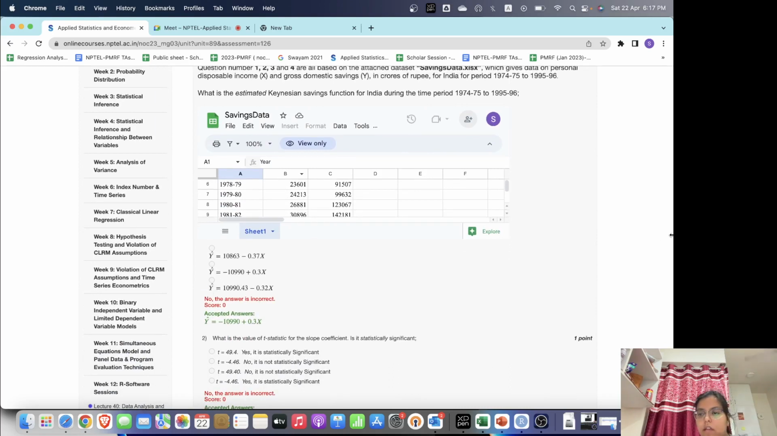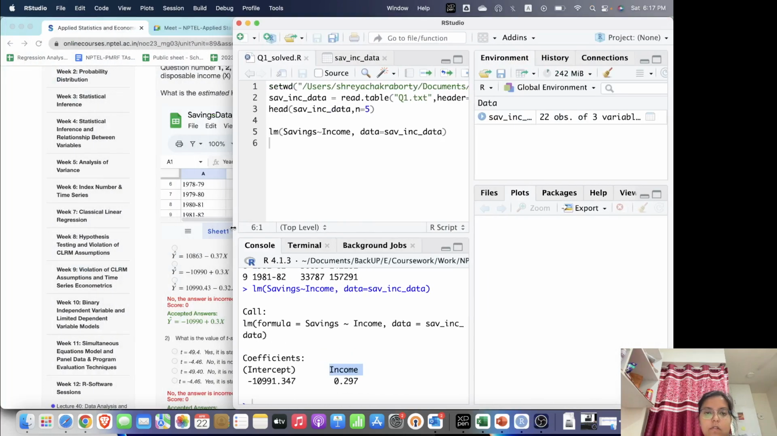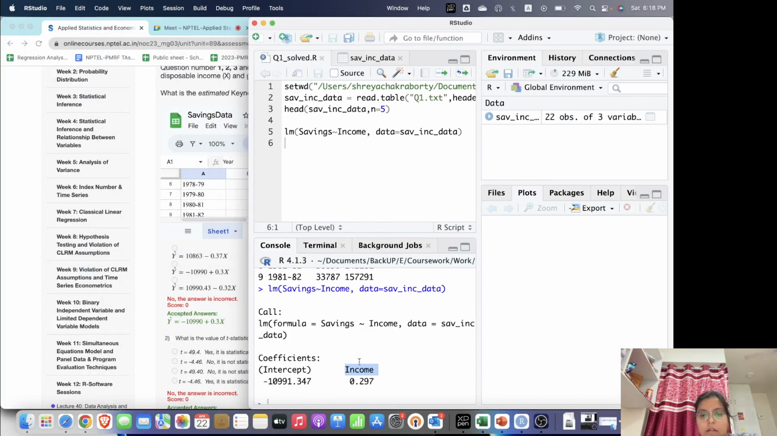So if I just look at this one, 10.991 and 0.297, the closest one is this one, minus 10.990 plus 0.3x. So this will be the answer. Is it okay? Alright. So once we have it, the question was,